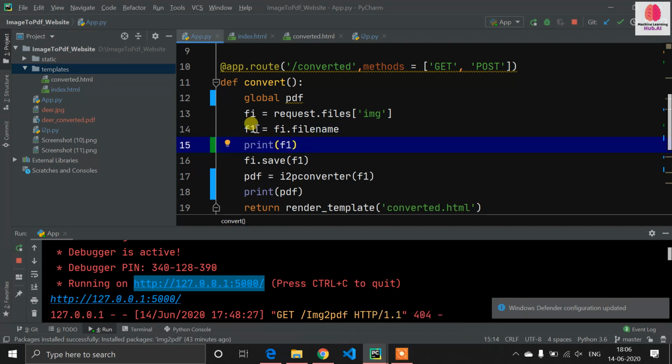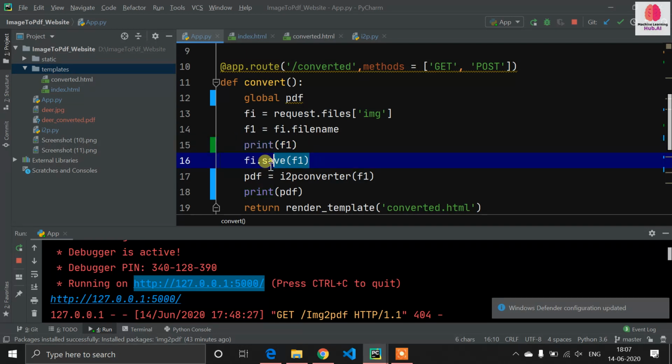Now I want the file name, because I have to give that image file to our PDF function. So here I have written f1 is equal to fi.filename, because my file is stored in this fi. So now we got our file name.